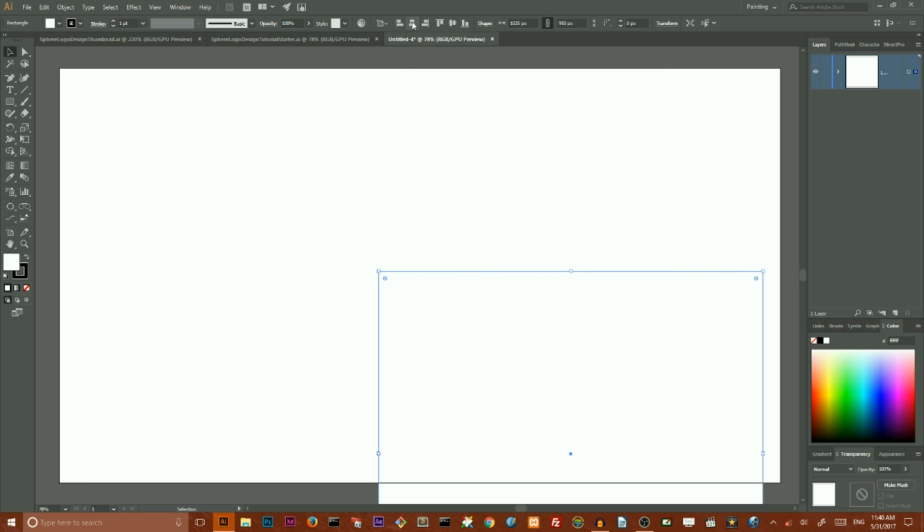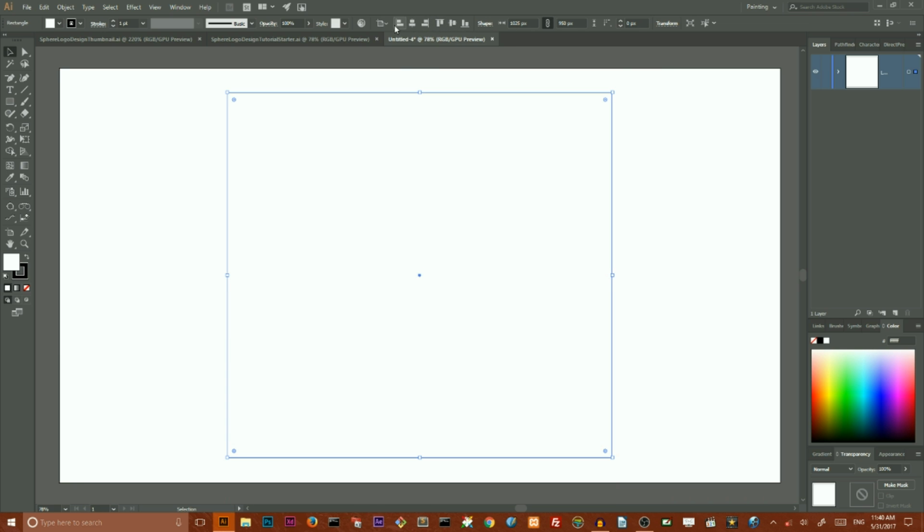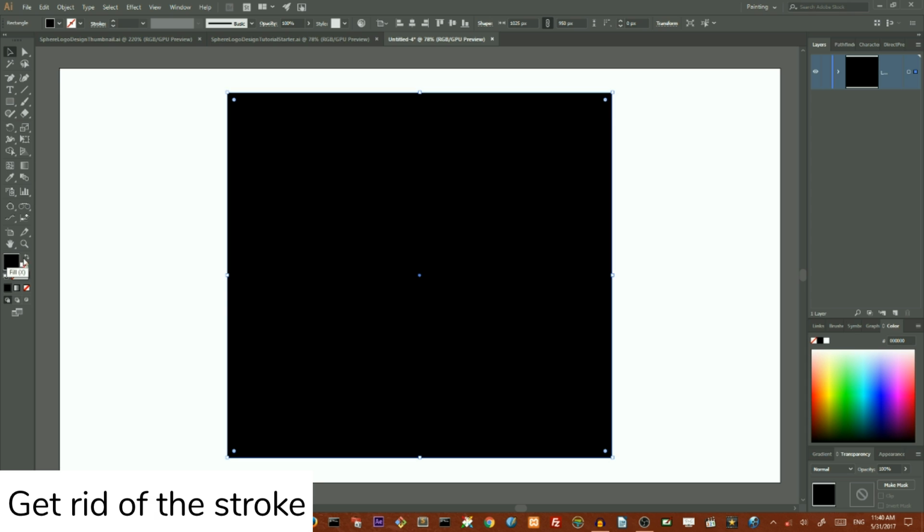Let me align it both horizontally and vertically to the artboard. Make sure that you choose artboard as your option, and I want to swap my fill and stroke in order to make this rectangle black, and then I want to select my fill and click on the slash to get rid of my fill. So we have this black filled rectangle,